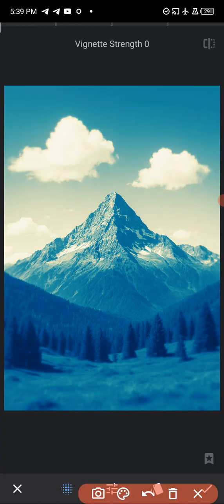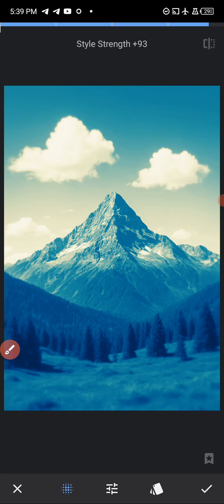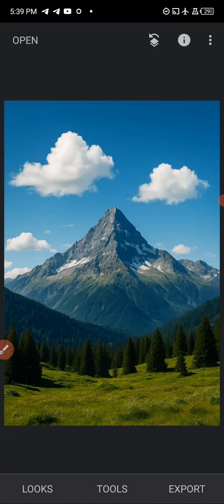Now the next one here is where you can find your tools, which are this brightness, saturation, and all that. So this is basically everything about the vintage tool. Now the next tool we're going to look at is